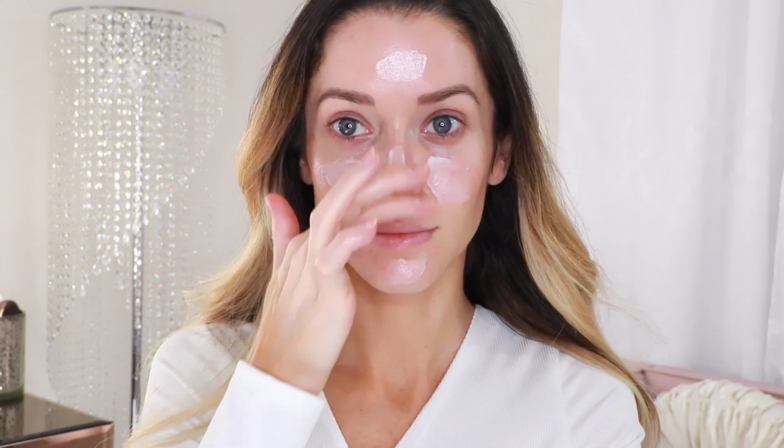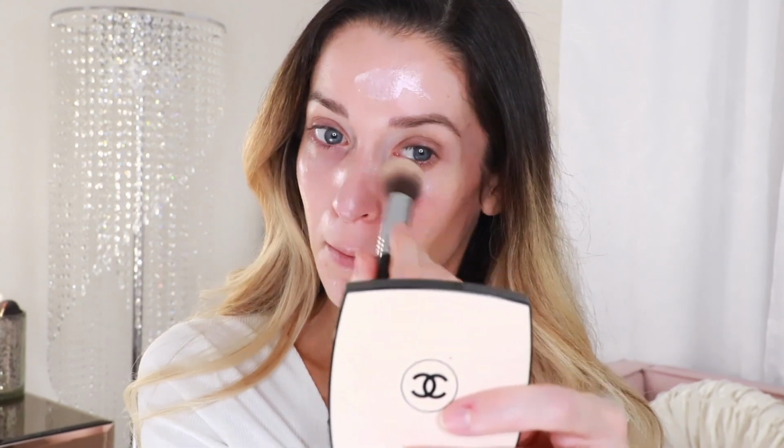I've applied that to the center points of the face, and now I'm simply going to blend it out. Because the Rosy Light Drops are so sheer and so thin, you can apply them all over the face, and it's not going to be too light, too brightening. It's not going to give you any sort of ghost effect. If your skin is particularly dry or dull, this product is going to be your best friend. With just primer and a little bit of the light drops, I already look dewy and radiant,